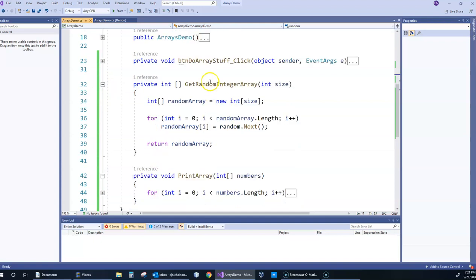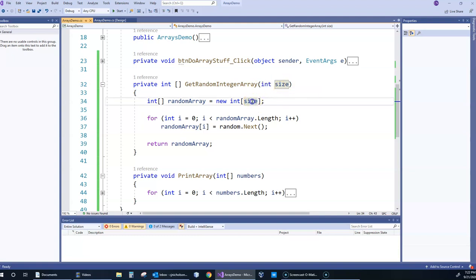So I have this method, and what it does is it takes a size. So how many things do I want in my array? That's the size. Then I declare a variable of integer array type. So there's the brackets for this is an array of integers. I'm going to call that array random array. Again, remember it has a reference to an array in it. Which array does it have a reference to? Well, I'm going to create a new array right here, new integer array of this size that's passed as an argument. Remember, this is a parameter,